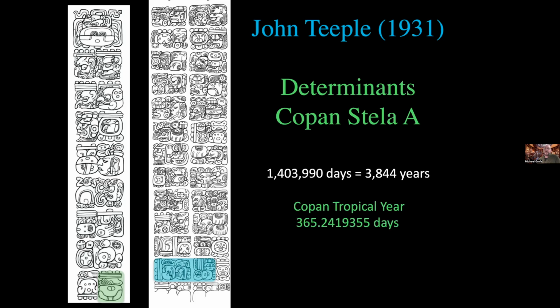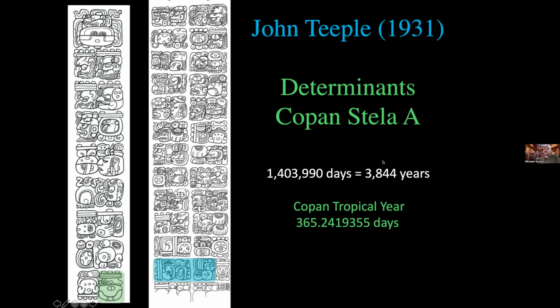But this is what John Teeple's calculation was, that from the base date, which was on 8 Kumku, he was suggesting that, by the time you reach the 15th Katun of the 9th Baktun, the Haab had drifted significantly so as to place 18 Kumku far away from where it would have been in the seasonal year, whereas the Katun here actually would have fallen in a position that would be equivalent in the tropical year where 18 Kumku fell in the base date year, so the era base date. It's a little complex to think about. But his calculation was basically